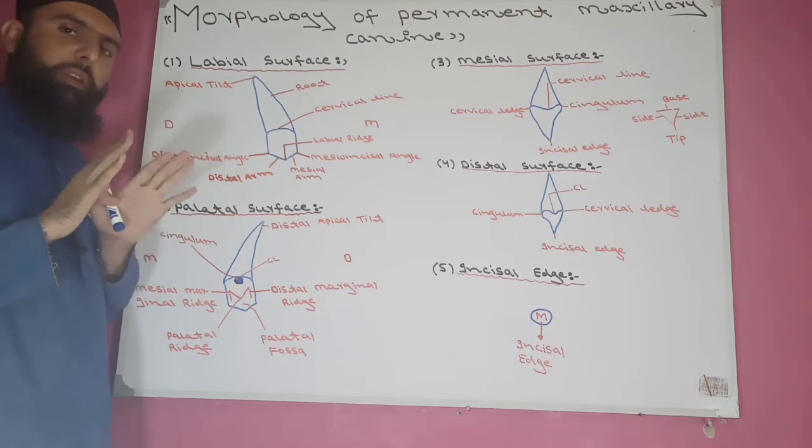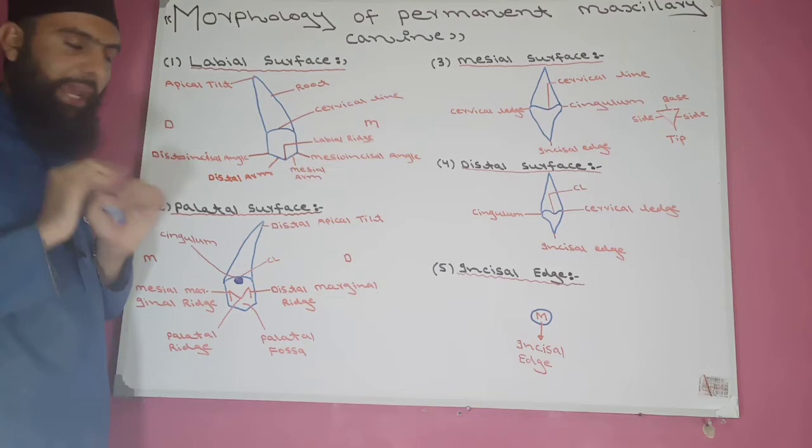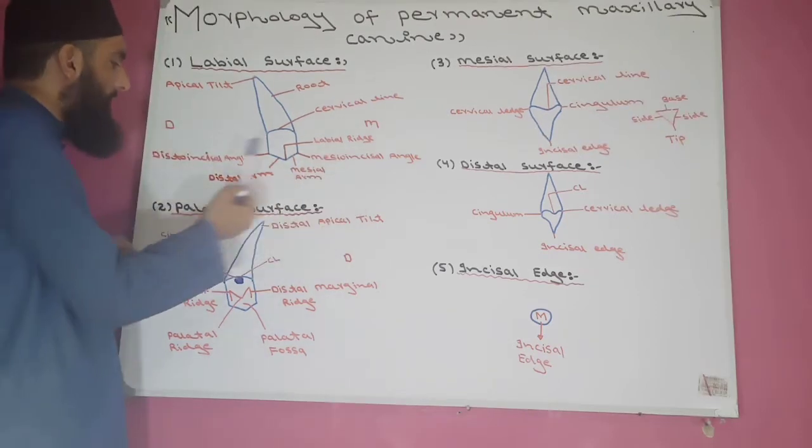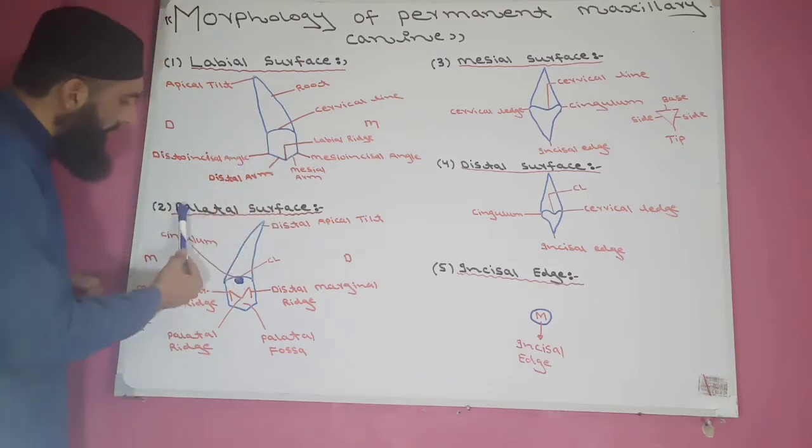Now, we should remember 5 structures on the labial surface of the maxillary permanent canine. Number 1, mesio-incisal angle; number 2, disto-incisal angle; number 3, labial ridge; number 4, mesial arm; number 5, distal arm. Now come to the palatal surface